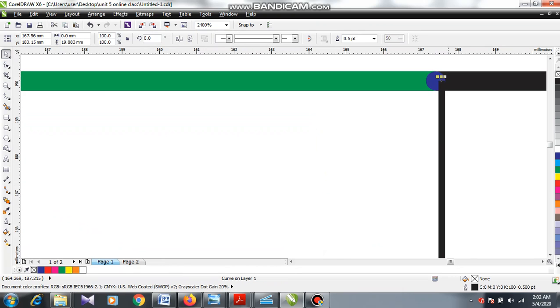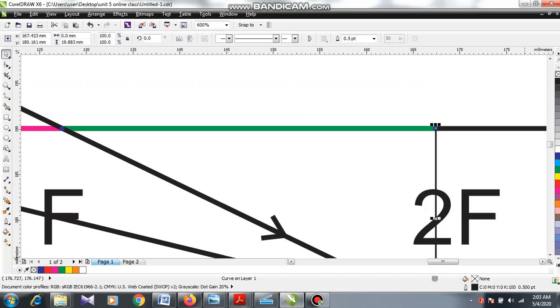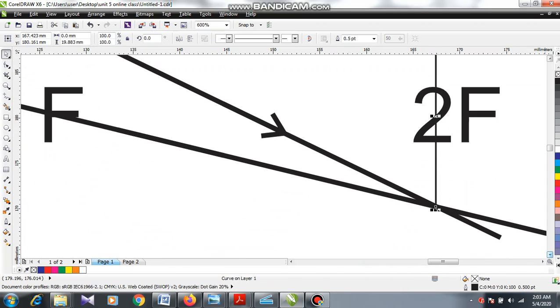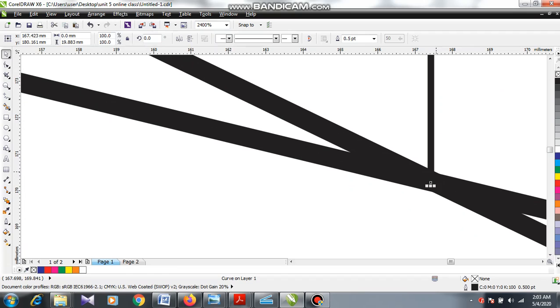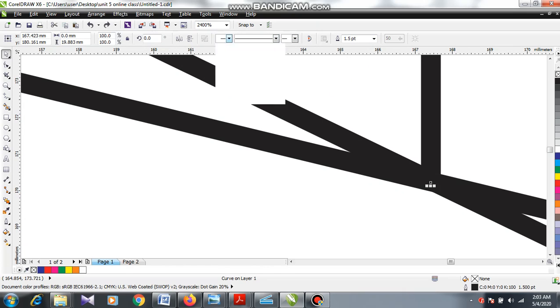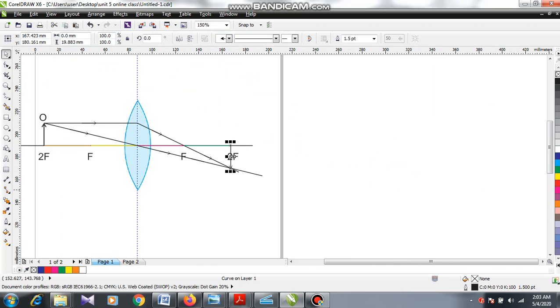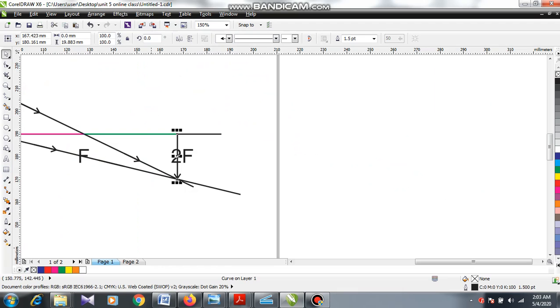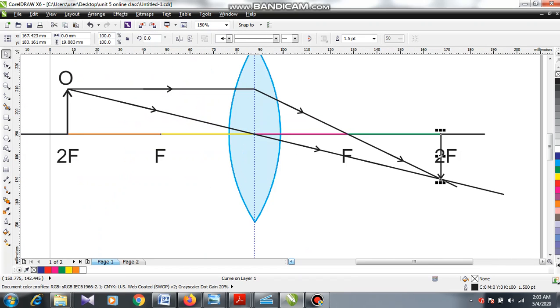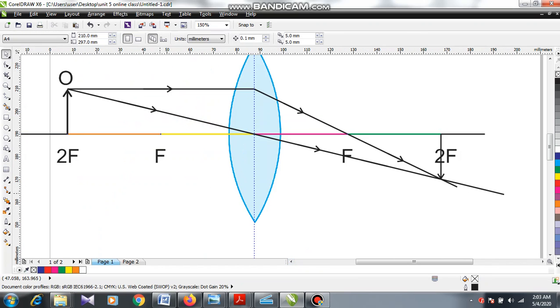It touches the 2F position. They are meeting here, at the 2F position. So it is going to be an image of this pattern. See, my overall diagram is now ready.